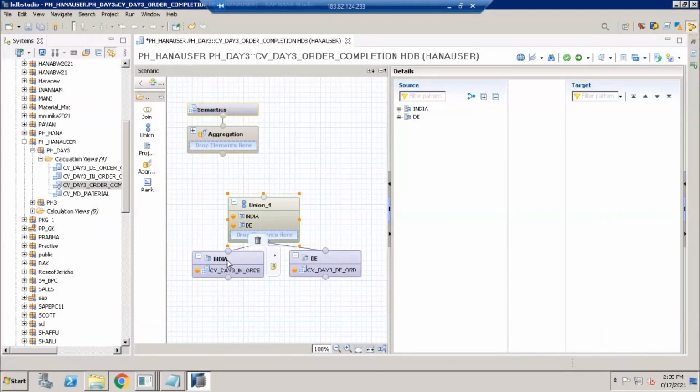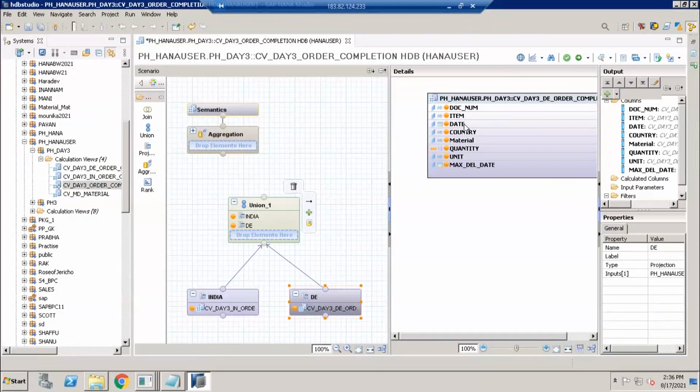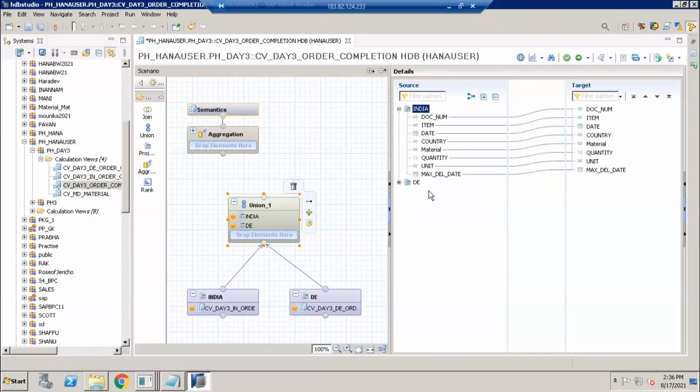In a union you can add any number of inputs. Now when we click on the union node, on the left side we have source and target. Right click on the India node and choose add to target, which adds all columns to the target.